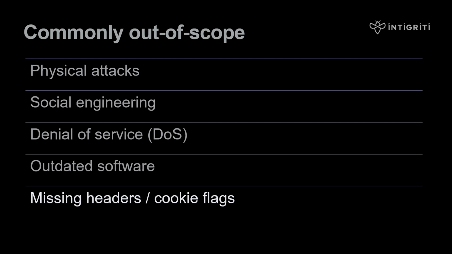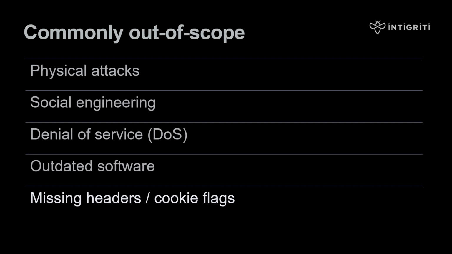On the other hand, if a missing HTTP header allows you to carry out an attack, that's a different story. So again, let's say there is an issue with the content security policy and you're able to leverage that to exploit some vulnerability and demonstrate a security impact. That is something worth reporting, but simply saying, oh, this header is missing is not likely to be accepted by